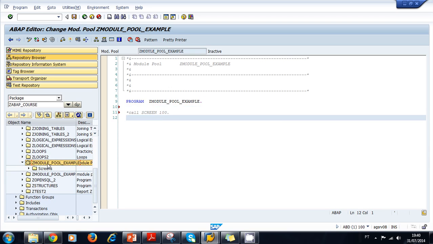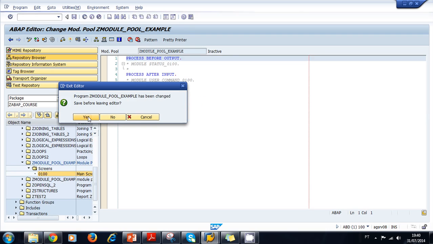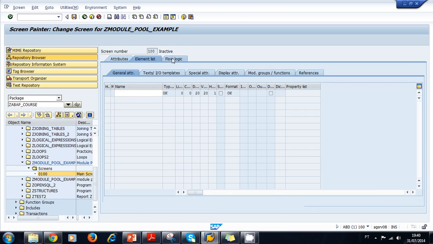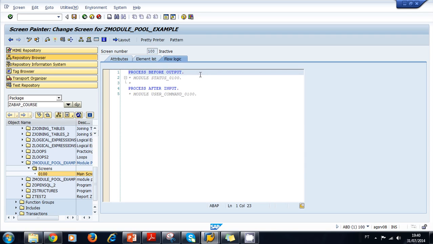So now if we navigate to our program and we expand the folder, we can see the screens. We have our screen 100. So let's navigate to our screen 100 by double clicking. Yes, I want to save. And in our screen, remember we were on the attributes tab. We have the element list tab and the flow logic. In the flow logic is where we have the process before output and the process after input modules. So this is the PBO and this is the PAI